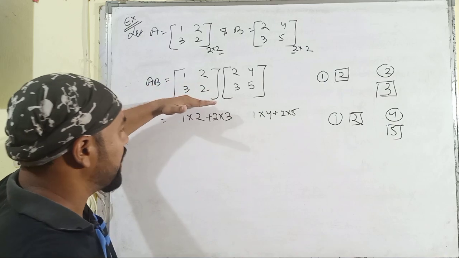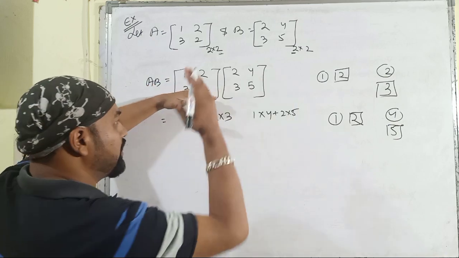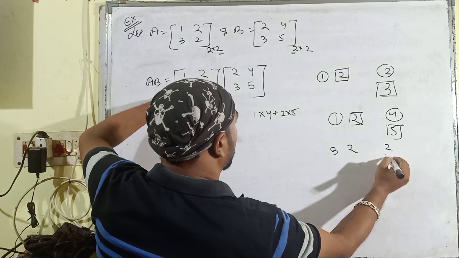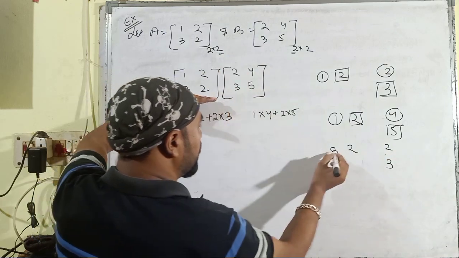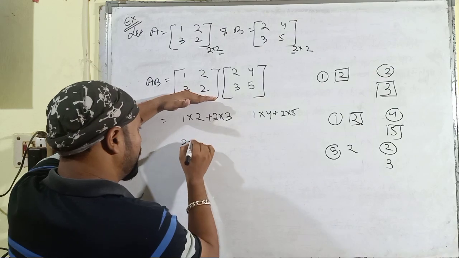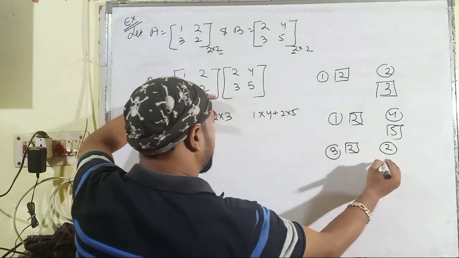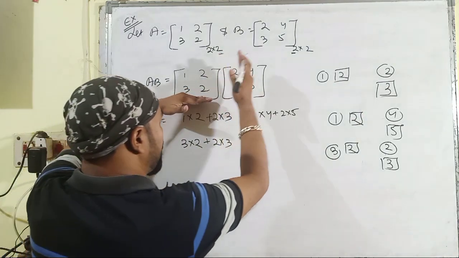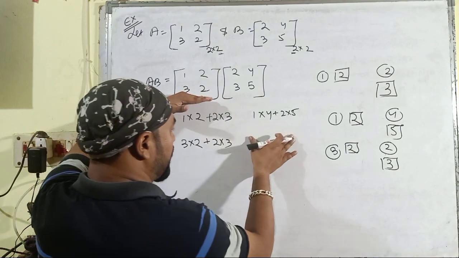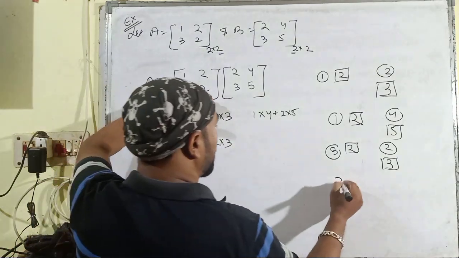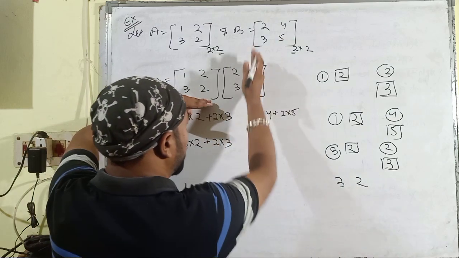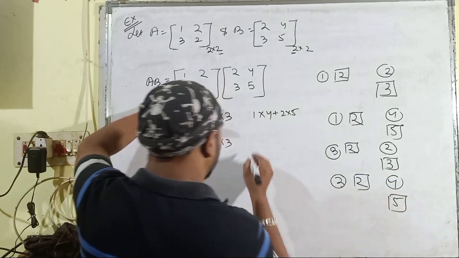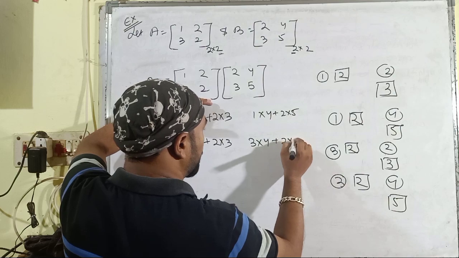That means our left hand will be placed along the second row, but our right hand will be placed along the first column. So again it is 3, 2 and 2, 3. The first element will be multiplied with the first element, then the second element with the second element. Then we shift our right hand to the right and write down here in this section. So 3, 2 is multiplied with 4, 5. That means 3 is multiplied with 4 plus 2 is multiplied with 5.